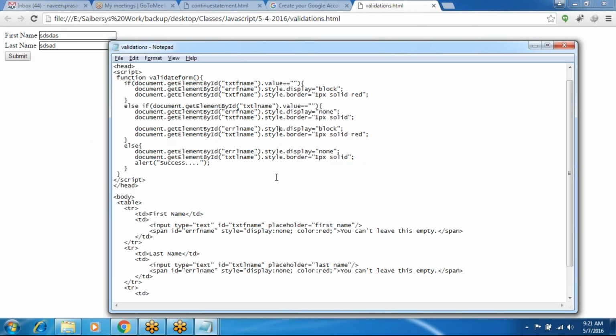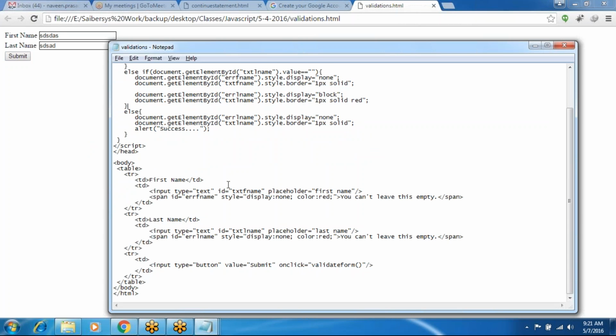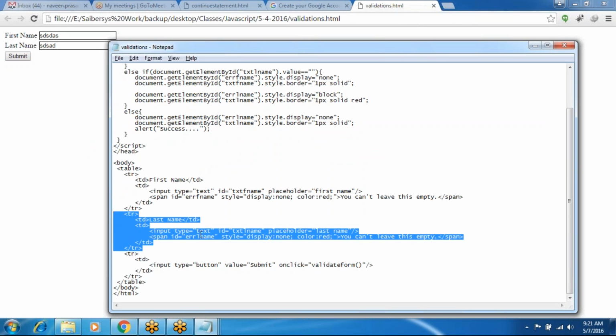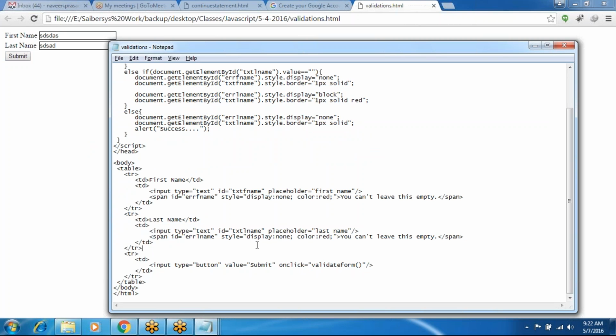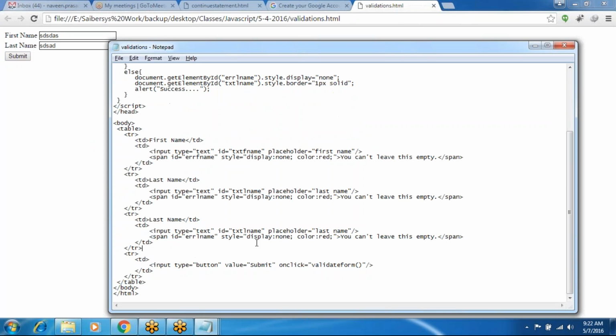Okay, like that you can do it for multiple text boxes like email, phone number. If you take here an email text box, txtEmail, and you can't leave this empty, and email.